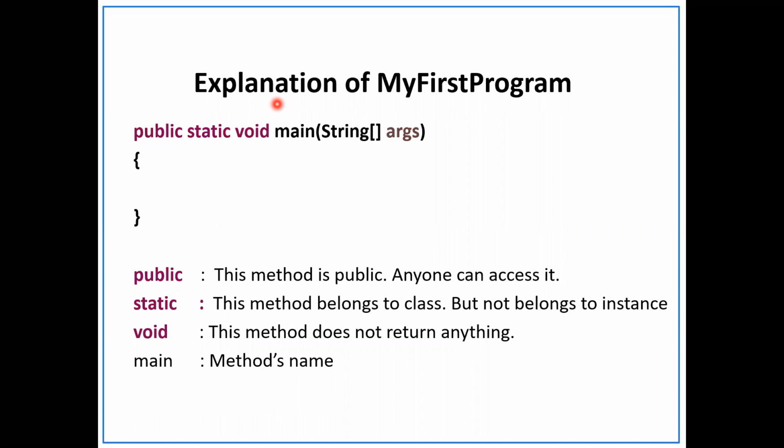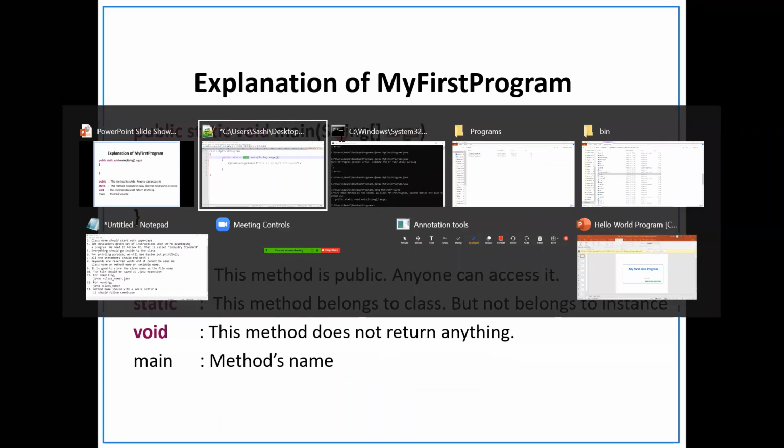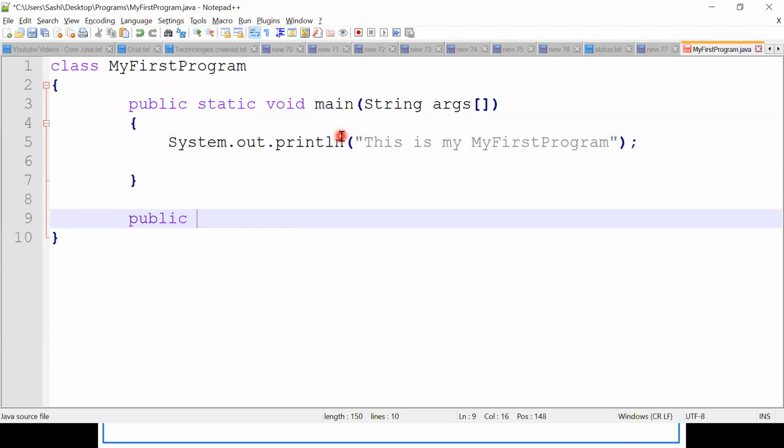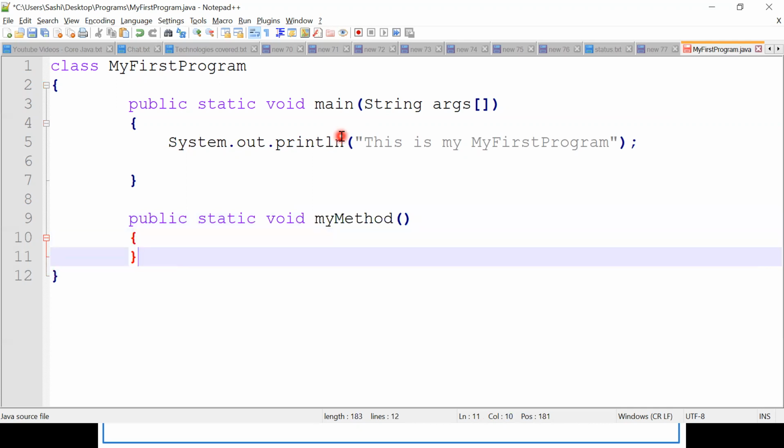And this method is taking only one argument. A method can take any arguments, right? Suppose I define public static void myMethod. Consider this method is not taking any arguments.